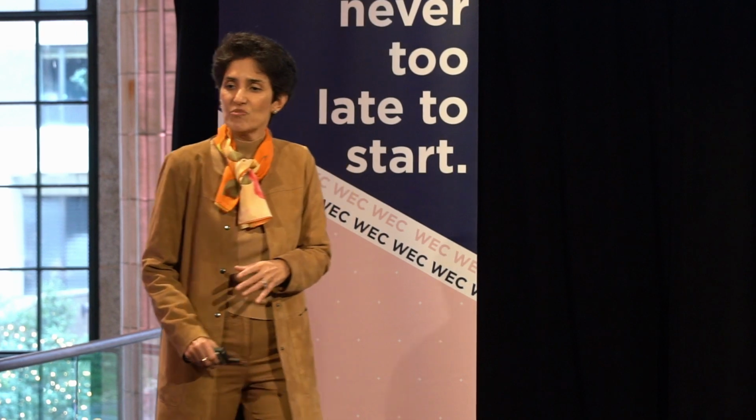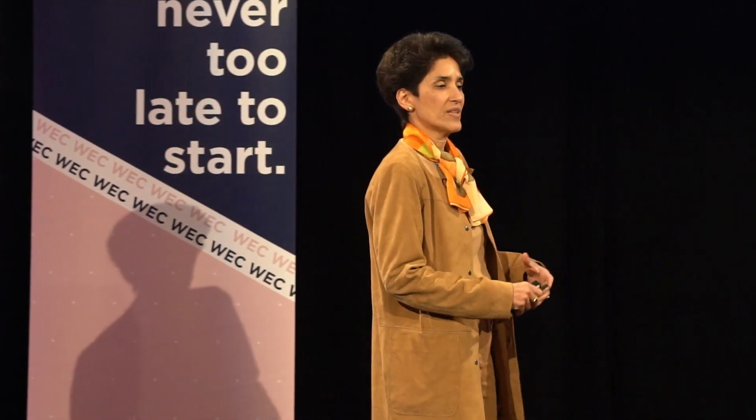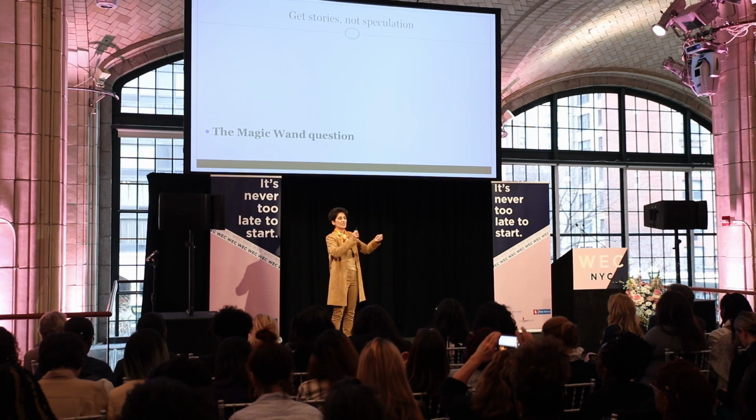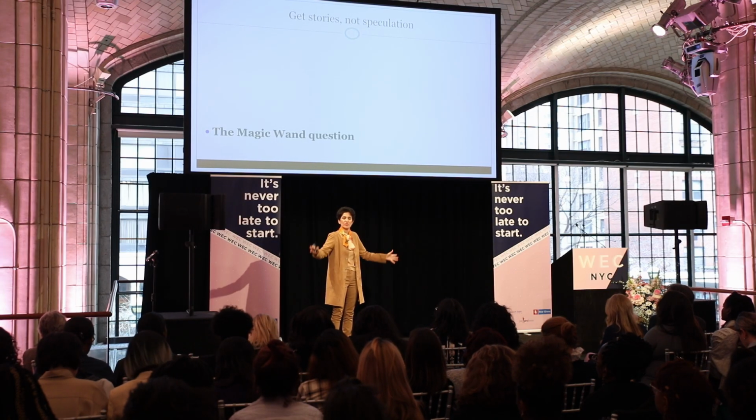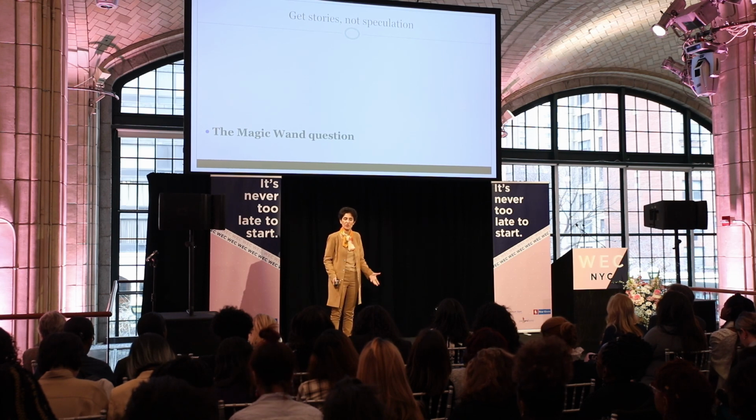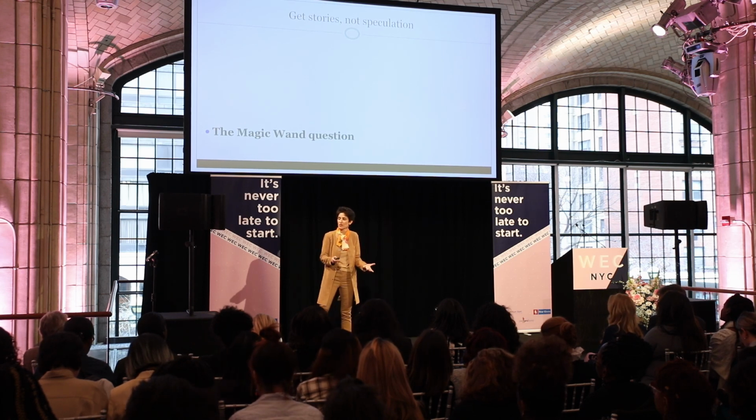And then at the end, you can ask the magic wand question. So what does that mean? The magic wand question is at the end of the interview saying, okay, in a perfect world, what would you like to see as a solution? If you had everything, if you had a genie that you could rub the lamp and then poof, you get a solution, what sort of solution would you like? This is the magic wand question.